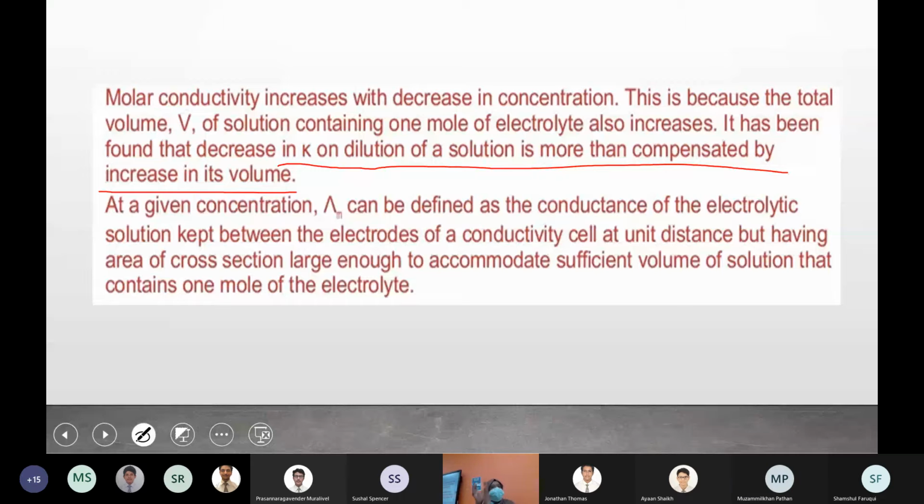Two different things. That means conductivity per unit volume is molar conductivity. So you measured a conductivity for a particular volume. But if you measure the conductivity for 1 mole of a substance, that is what molar conductivity, where the volume can be different, but 1 mole of a substance. It's related to each other, but see, we calculate energy in kilojoule, 1000 kilojoule per mole, that is for 1 mole. Like that here, if you measure the conductivity for 1 mole of a substance, that is what molar conductivity.